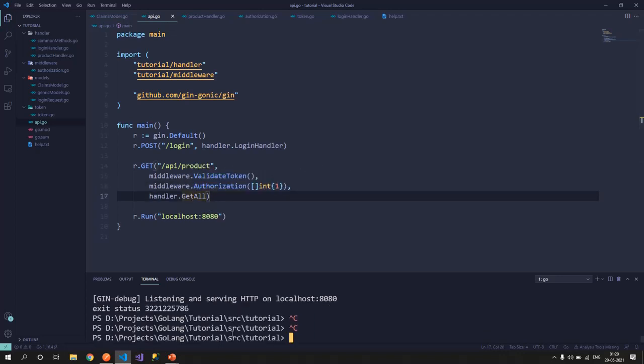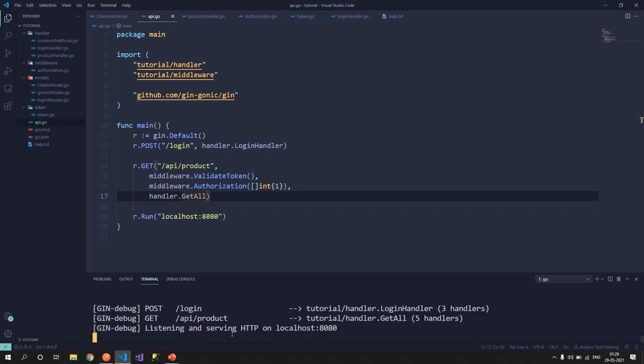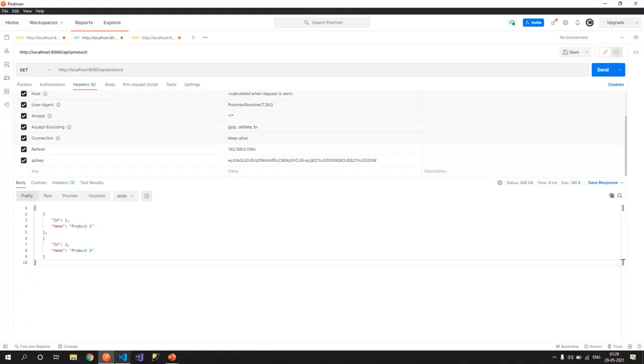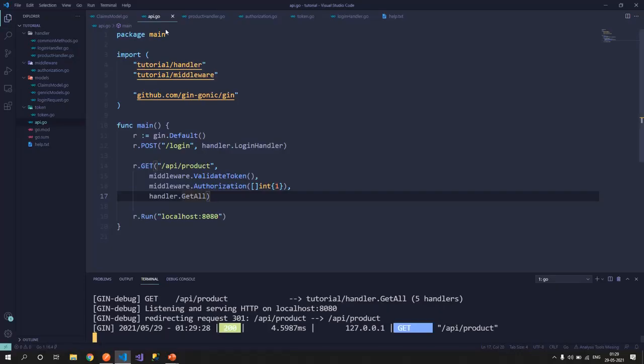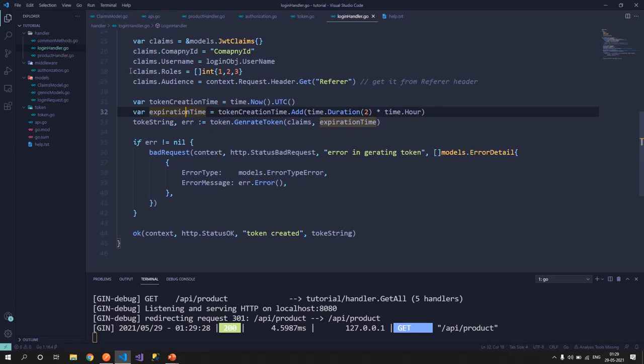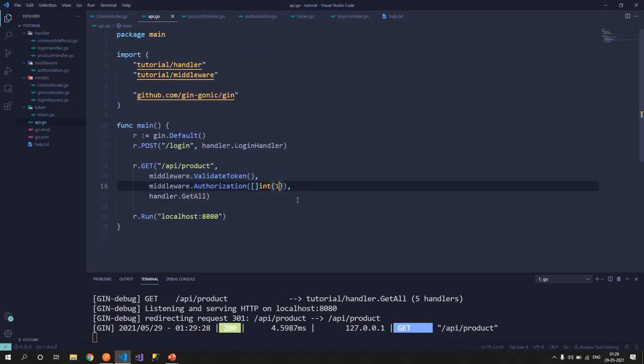I'll just stop this already running server, run this again, and hit the product API again. Because the user did contain role 1, because you remember in the login handler we deliberately passed roles as 1, 2 and 3, role 1 is there. So let's test it with role 4.